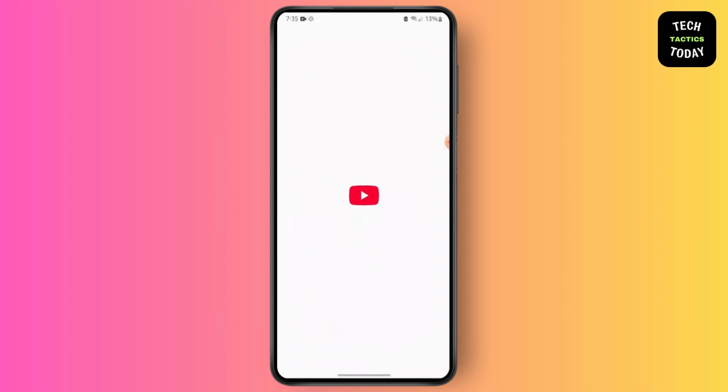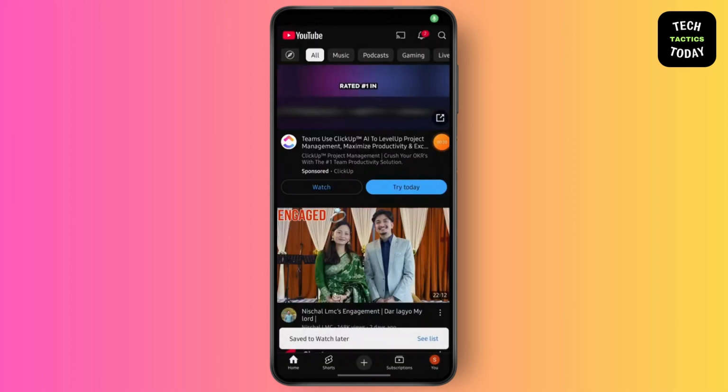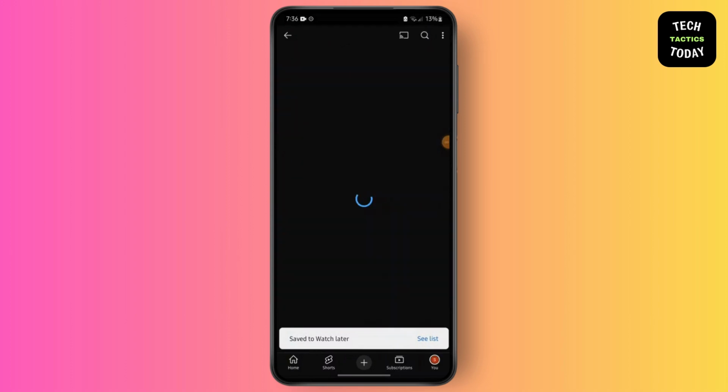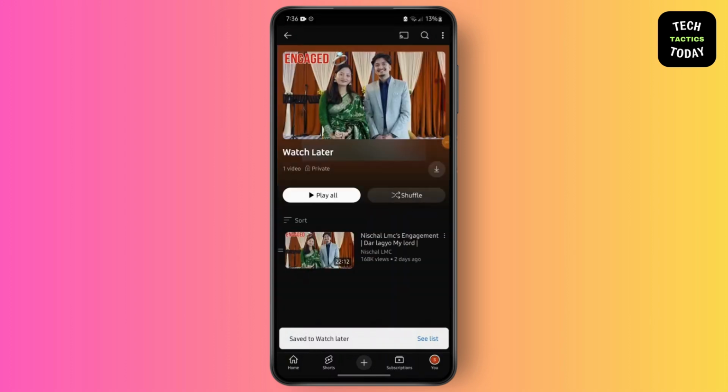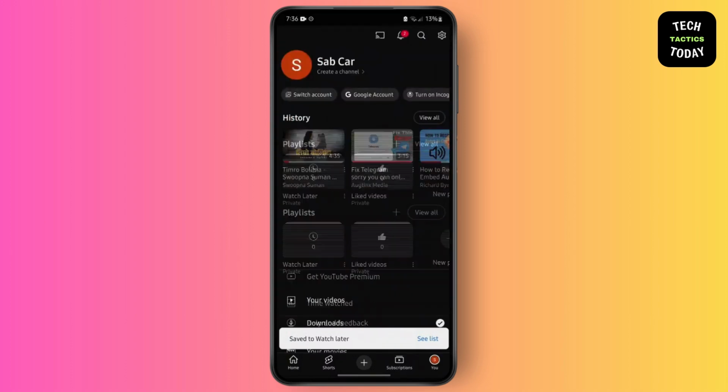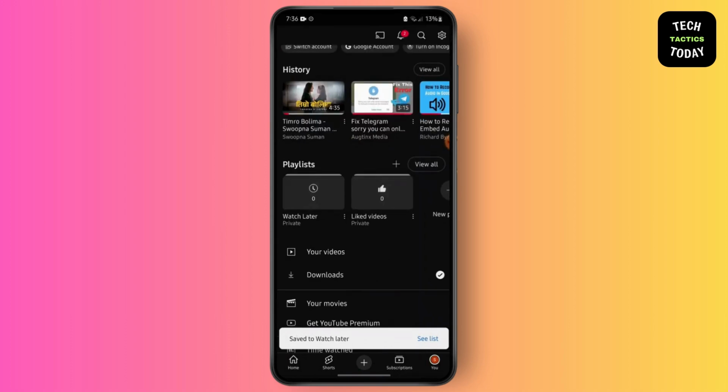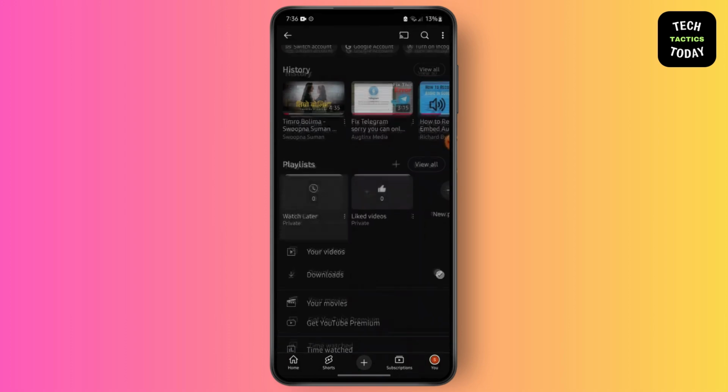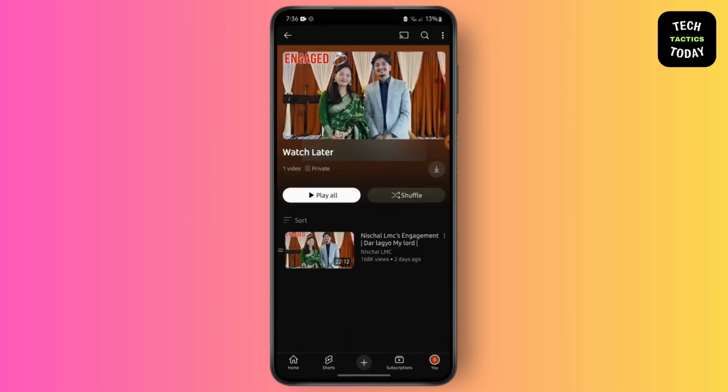So first, launch your YouTube application. After that, head over to your profile icon from your bottom right corner. And then, in this playlist section, you will see an option of watch later. Tap on it. And in order to remove it,